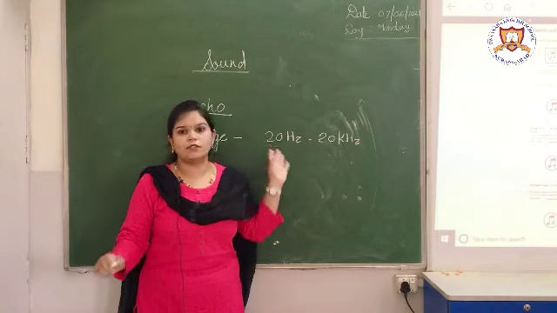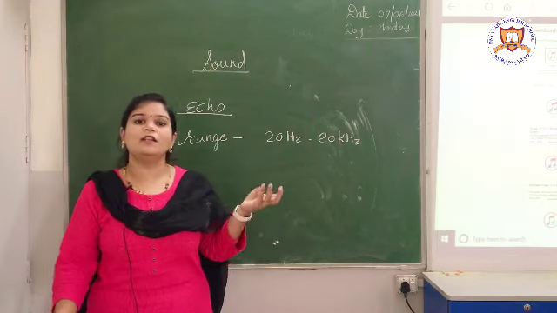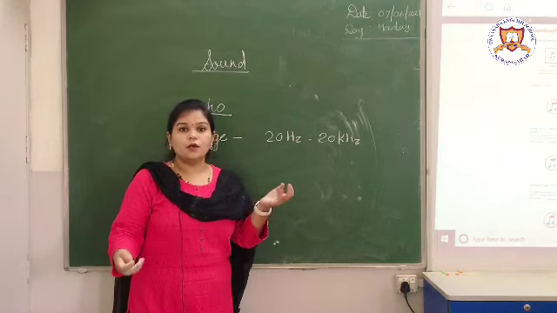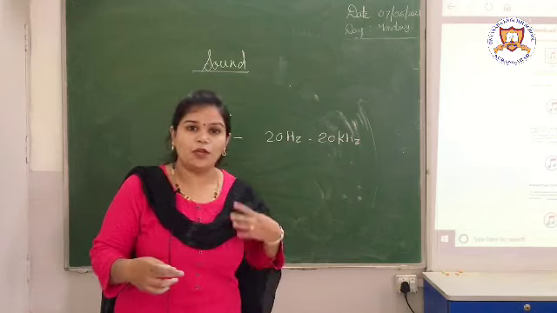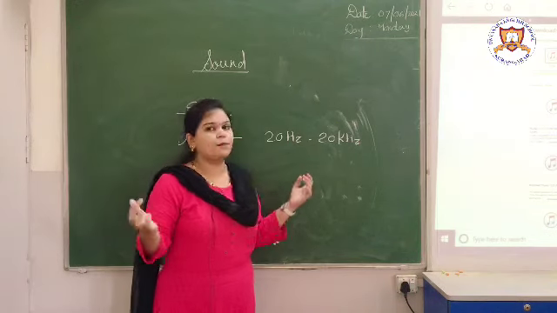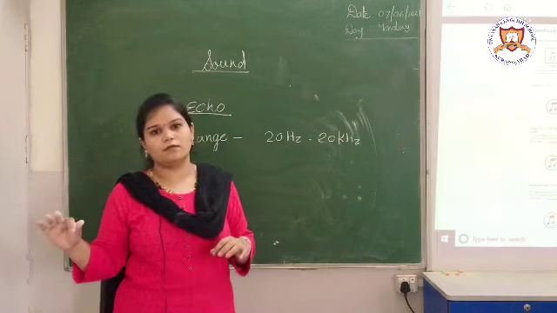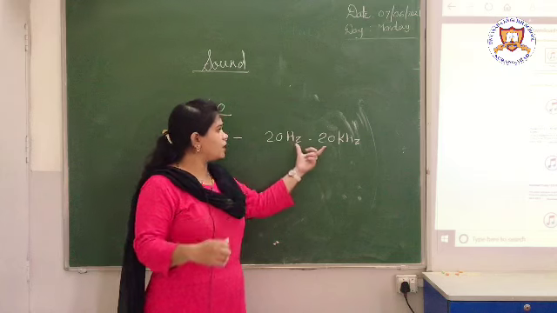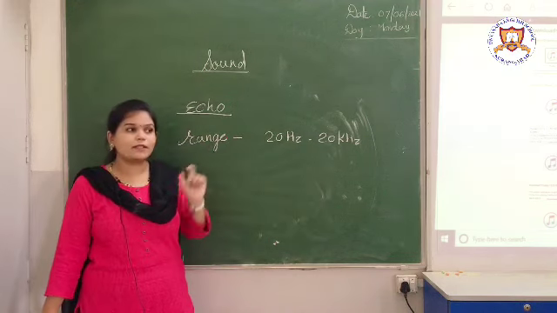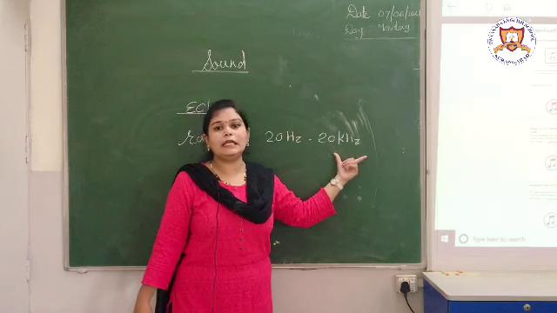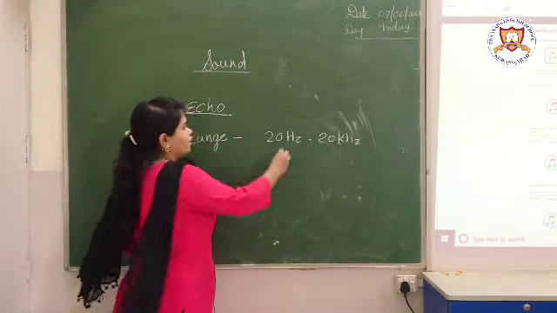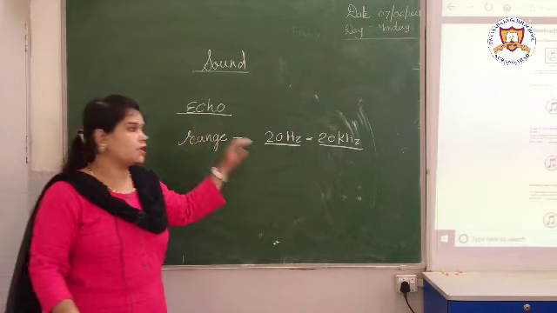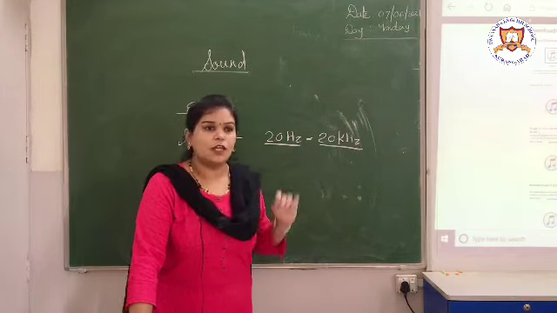There are many types of sounds: audible, inaudible, pleasant, soft, maybe the music tone, the sound from musical instruments, the sound from the piano. If we take the example of the sound from the piano, it is a pleasant, soft sound that we can hear. Similarly, the frequency of audible sound is 20 Hertz to 20 kilohertz. This is the fixed range of sound which can be heard by humans.